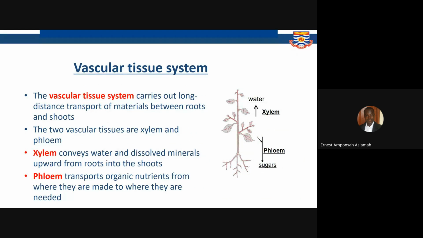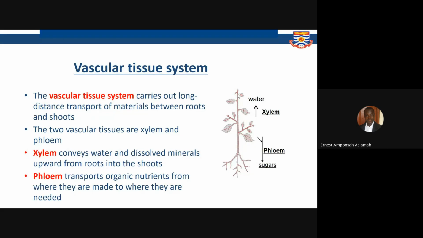Then we will talk about the vascular tissue. They transport materials between the root and the shoot. In the vascular tissue, we have two main types: the xylem and the phloem. Xylem conveys water and dissolved minerals from the roots upward so that they can reach the shoot